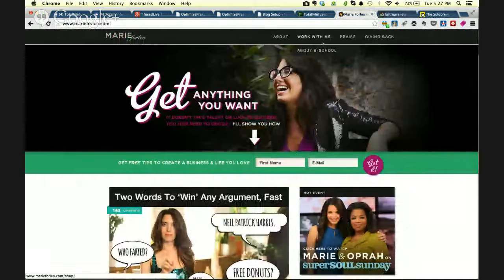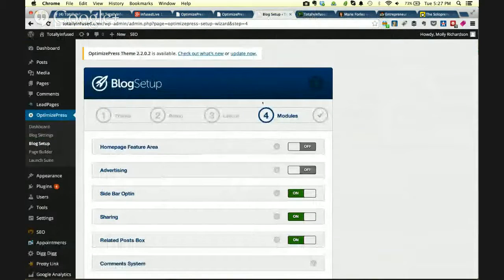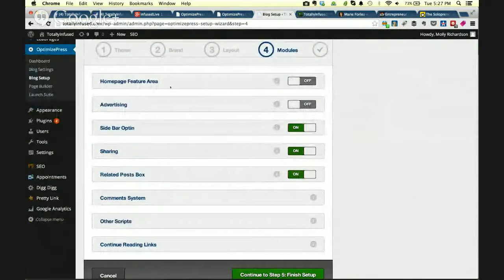The straight color seems to be a trend, but I wanted it to have a little bit of a gradient, just to stand out a little bit more, I guess. All right, and then going to the modules, we have the homepage feature area,